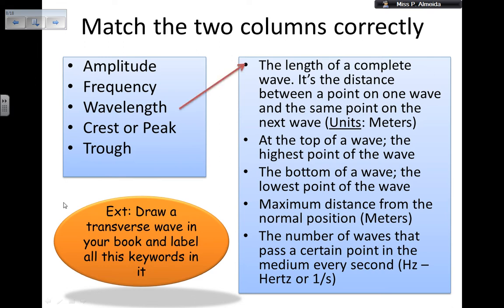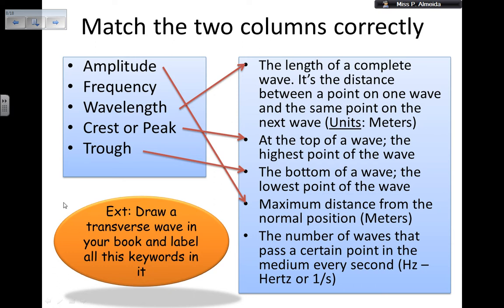So wavelength, that's going to be the first one, the length of the wave. It is the distance between a point on one wave and the same point on the next wave. Wavelength is measured in meters, so that's the units. Now, crest or peak, they are at the top of a wave, the highest point of the wave. On the other hand, the bottom of the wave, the lowest point of the wave, is the trough. Then maximum distance from the normal position, which is measured in meters as well, that's going to be the amplitude